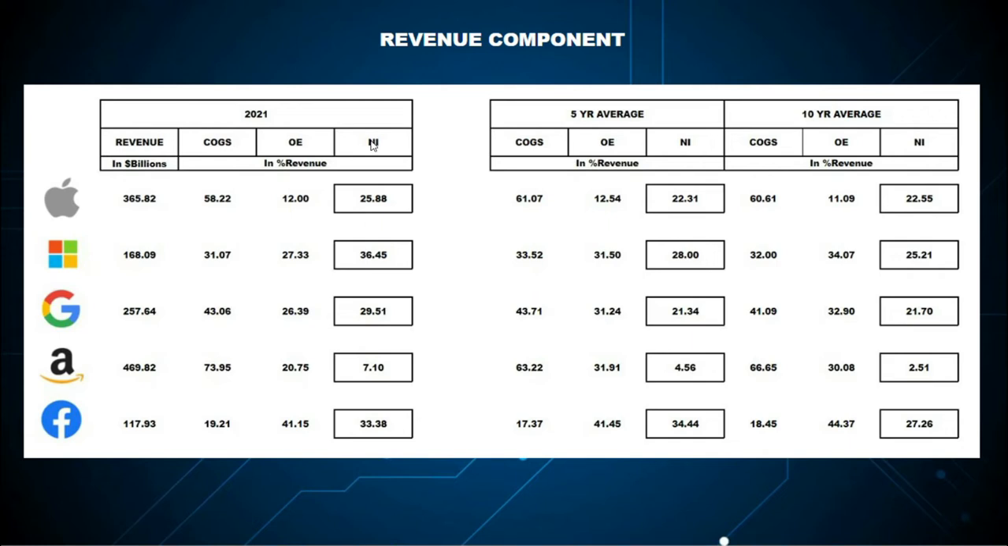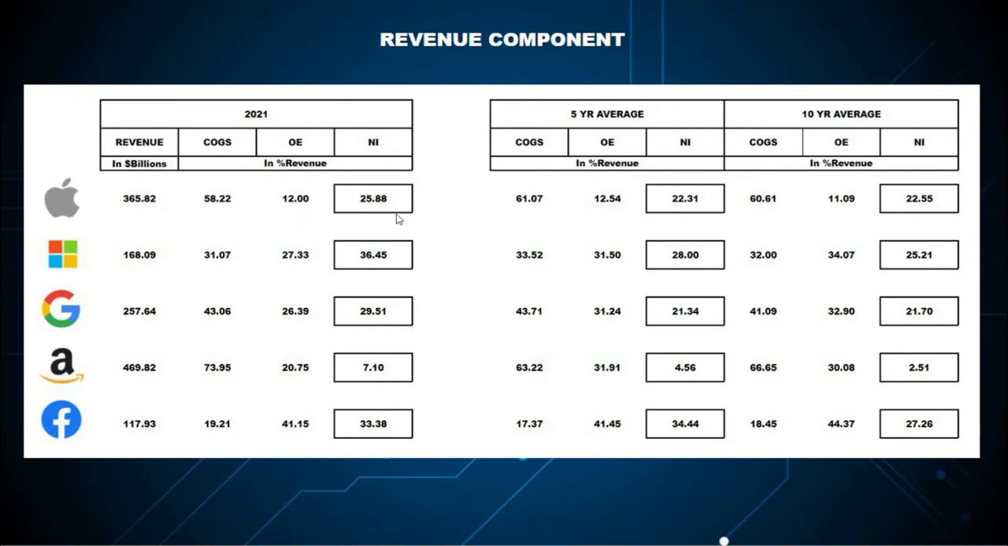Net income is basically the money they make after the costs and taxes. Net income here is after tax. What you see here is in percent of revenue. Meaning, let's take Apple for example. For a revenue of 365.82 billion in 2021, 58% of that goes to COGS, 12% goes to OPEX, and 26%